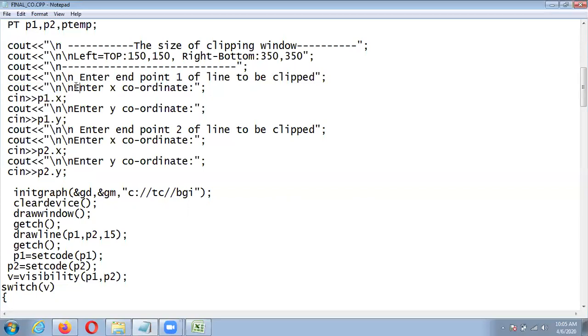To draw a single point we require x and y values. So the x coordinate is stored in p1.x, and y is stored in p1.y. After that the second endpoint: x is stored in p2.x and the y coordinate in p2.y.